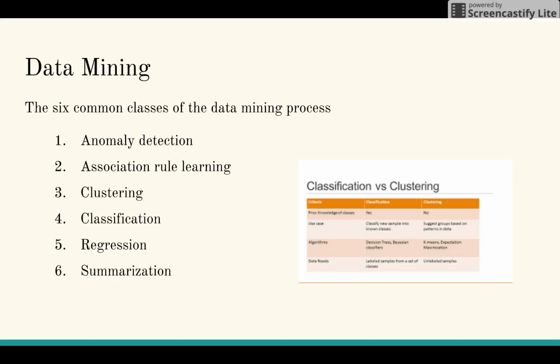Then we go into data mining, which involves six classes of steps, which you can see. The first being anomaly detection, the second being association rule learning, the third being clustering, the fourth being classification, then regression, and then summarization. Two of the most important, a lot of people consider, are classification and clustering, and the main difference is that clustering is the task of discovering groups and structures in the data that are in some way or another similar without using known structures in the data. And classification is the task of generalizing known structure to apply to new data. For example, an email program may attempt to classify an email as legitimate or as spam, which again is a data mining process so that you don't receive all those emails that you do not necessarily want.